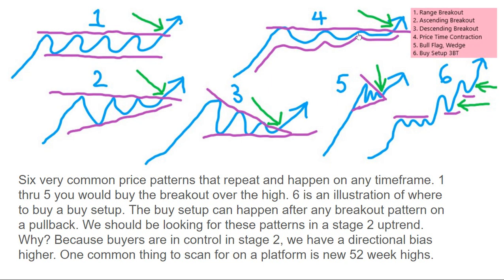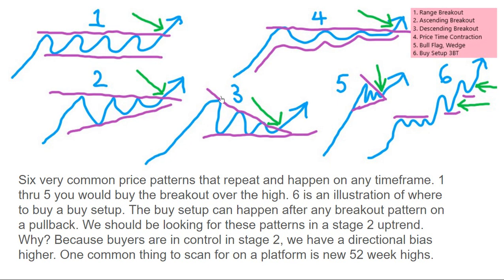named them. Number 1 would be you have a sideways range, and then it breaks out, called a range breakout. Number 2, we have an ascending breakout or an ascending triangle. So the top would be kind of flat, and then we have ascending higher lows, and then it breaks out. 3 would be a descending breakout,